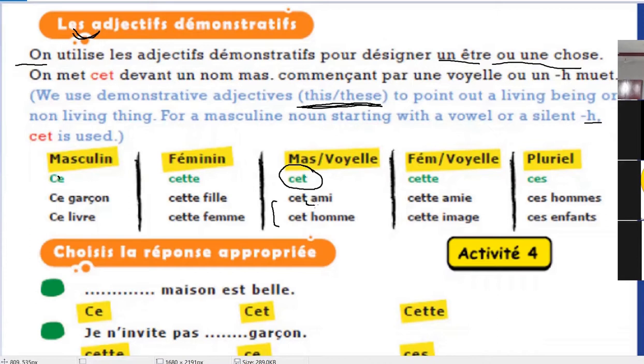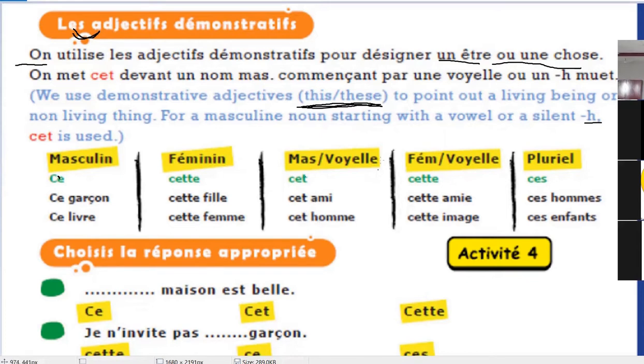Sir, can I? Okay, sure. Sir, cet ami and cet homme. Cet homme, cet homme, cet ami. Yes, cet homme. So you can see ami is starting with a vowel and it is masculine, so we are using cet. The next word is starting with a vowel, so that's why we pronounce this in French with liaison: cet ami and cet homme. Here we will not pronounce H, because if any word starts with H in French, we don't give it pronunciation. H is a mute sound in the French language.